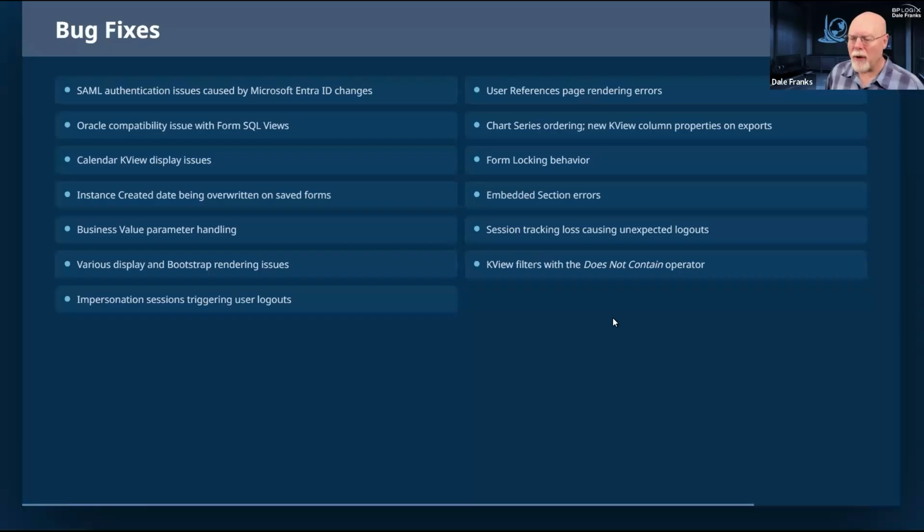And K-view filters. If you were using the does not contain operators, it was, I forget what the exact problem was. It was either excluding items that it should not have excluded, or including items that it should have excluded. It was doing one of those two things, but it is not doing either of those things now.